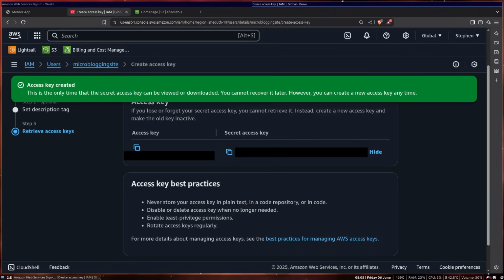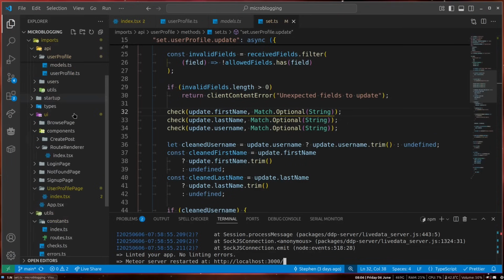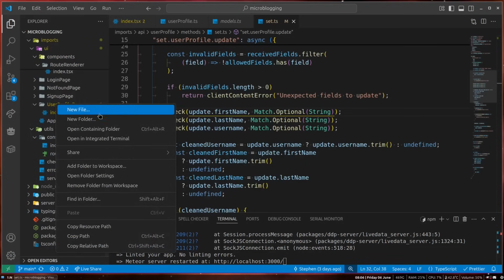But it's very important that you don't show this to anyone, because any one of these values can at any point just decide, hey, I want to use your details now. So they can just throw it in their application and now suddenly you're free storage for them. So not something you want to show people. Alright, now that we have this, let's go to our site here and create a new file called